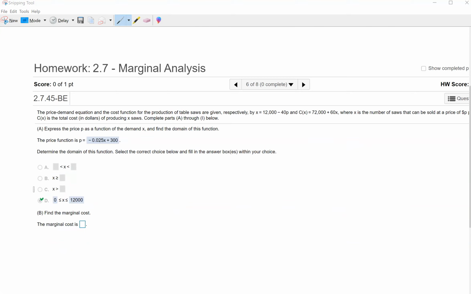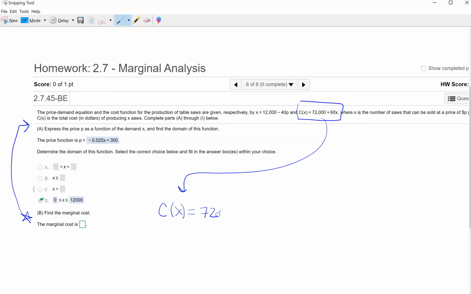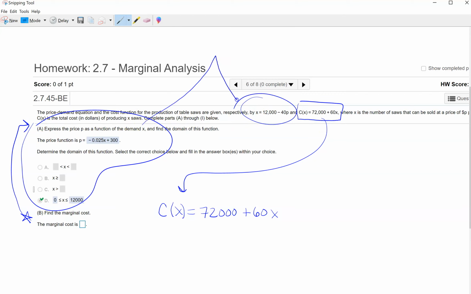Okay, so now we're kind of switching gears here. Part B is asking us to find the marginal cost. Now, if I had my choice, I would have put this at the very beginning, because to find the marginal cost, all we need to do is go to that cost function they gave us up here. It had nothing to do with the price demand equation. It's completely separate. So for part A, we just spent all this time dealing with this price demand equation and its domain, and we're going to need all of that information to build our revenue function later. Maybe part C or something, but right now we're ignoring everything we just did in A,